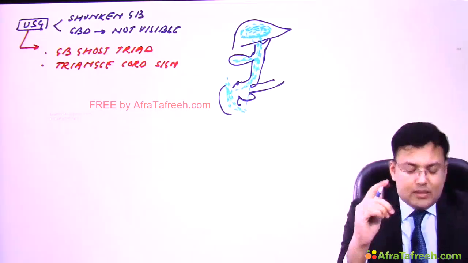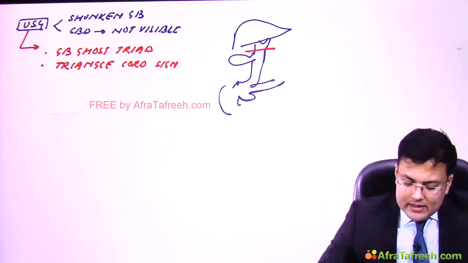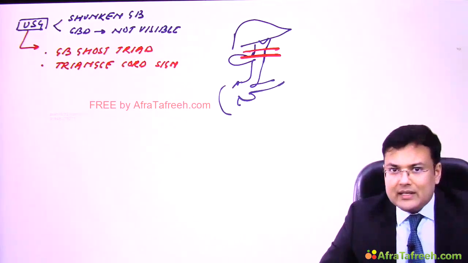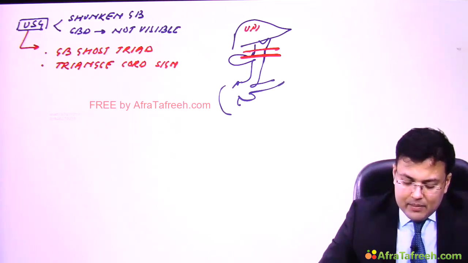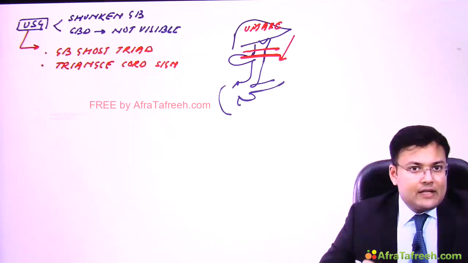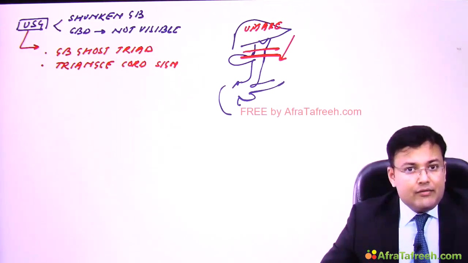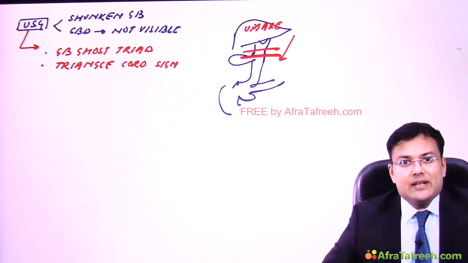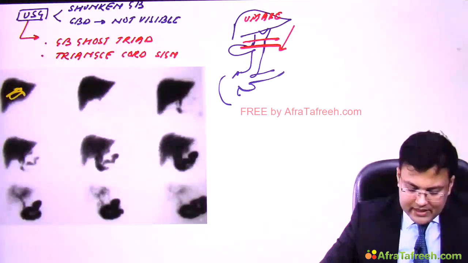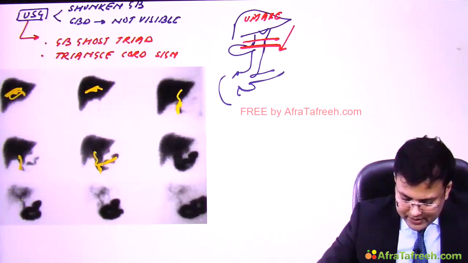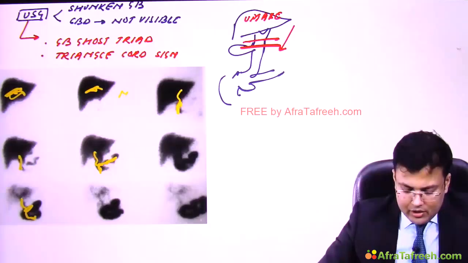So you will notice the uptake in the liver and then the flow of radiotracer into the intestine. What is the problem in biliary atresia? Since there is obstruction, obliteration of intrahepatic and extrahepatic bile duct, there will be uptake in the liver, but there is no flow into the duodenum. So uptake of tracer into the liver without any flow into the duodenum or small intestine is suggestive of biliary atresia. In this picture you can see uptake in the liver and slowly the radiotracer is going into the intestine. So this is normal.